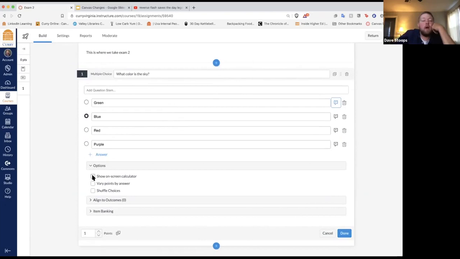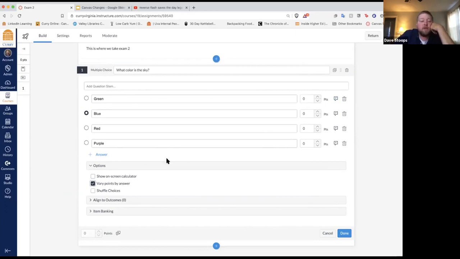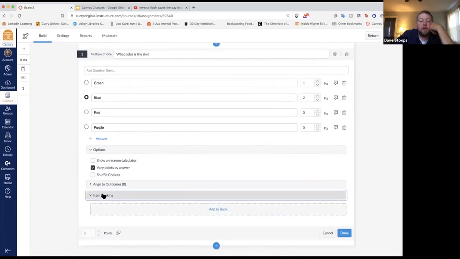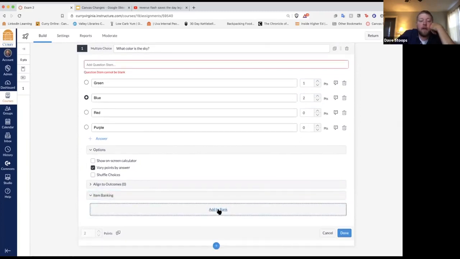If you're doing math calculations, you can show an on-screen calculator now. You also have the ability to vary points by answer. So if one answer is more correct than another, you can say that this one is worth 1, while this one is worth 2 or 3. And you can also shuffle the choices. And then if you want to send this question to a bank, you can go into item banking, add to bank,